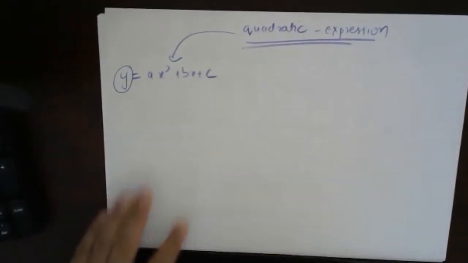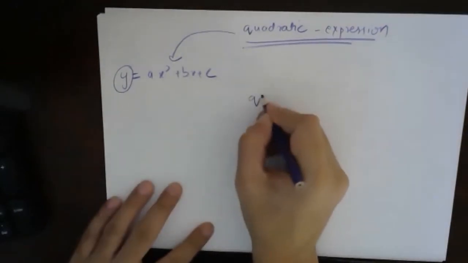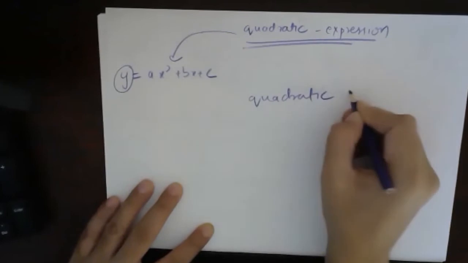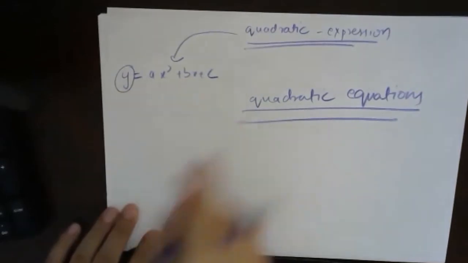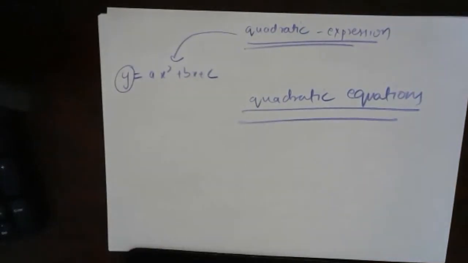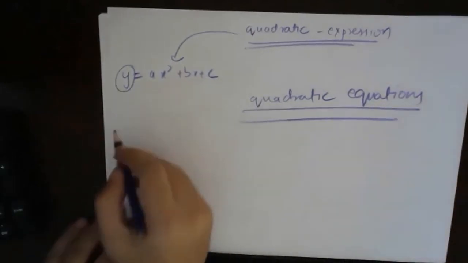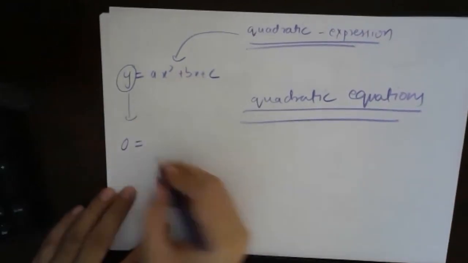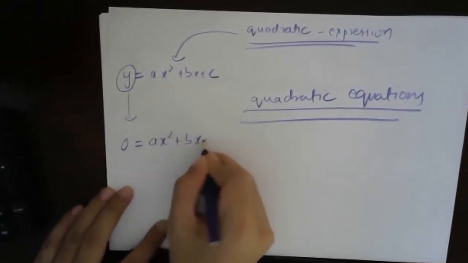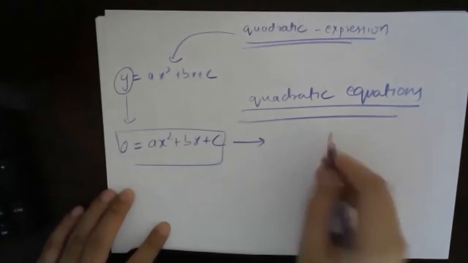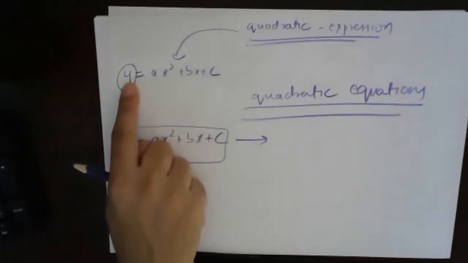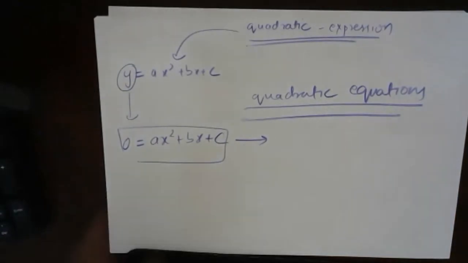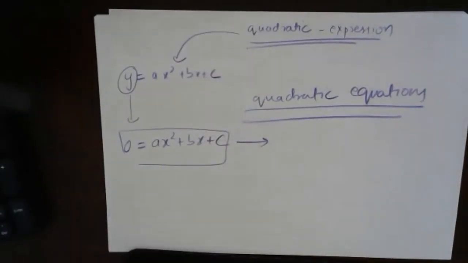This is a quadratic expression. Now, what is a quadratic equation? Quadratic equation means, instead of y, where it is a part of the quadratic expression, I simply substitute 0. So when I substitute y equal to 0, ax square plus bx plus c becomes a quadratic equation. That is the only difference. The quadratic expression will have a whole curve, everything. For the quadratic equation, instead of y, I will substitute 0. So, sir, what does this mean? What is so special about it?